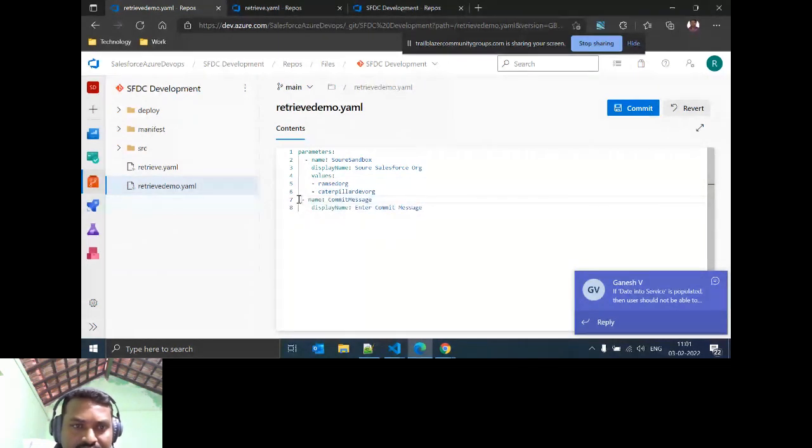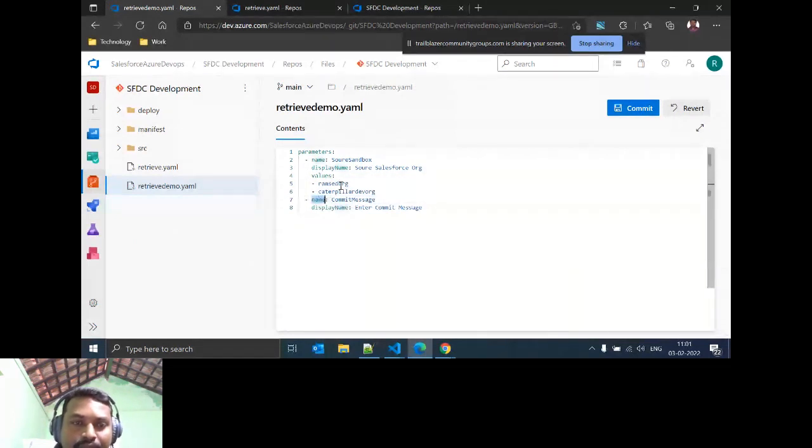Like this, this is the hyphen, and this is considered the next parameter. For the parameter name there is no space; you need to give one complete word. This parameter we are going to use in our remaining script. Here we are putting a display message, enter commit message, so that the Salesforce developer can put a proper message about the purpose of the commit.